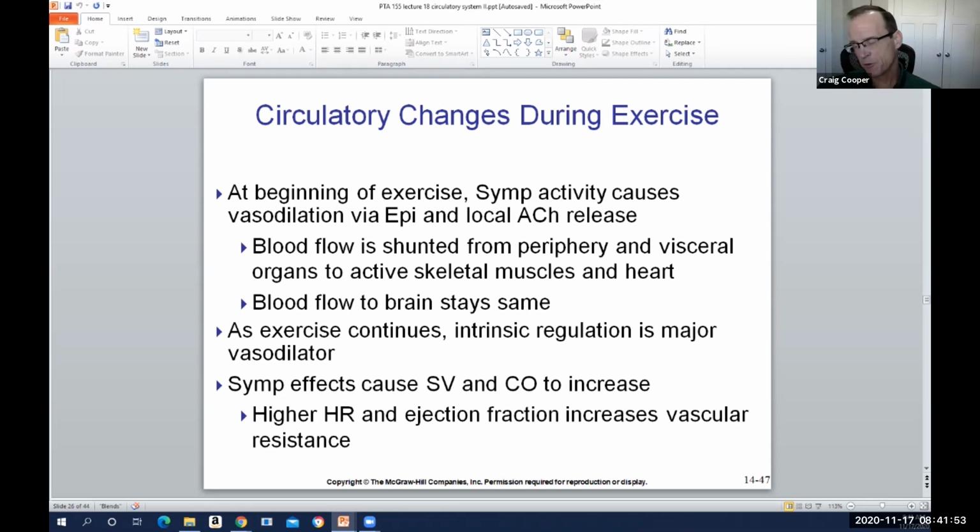The other part of intrinsic regulation is that our blood vessels also can kind of self-regulate themselves. So when our blood vessels start sensing higher blood flows, they're going to dilate. They're like, there's a lot of blood flowing through here. It's a lot of pressure, so let's just go ahead and make it bigger. It's like if you have,